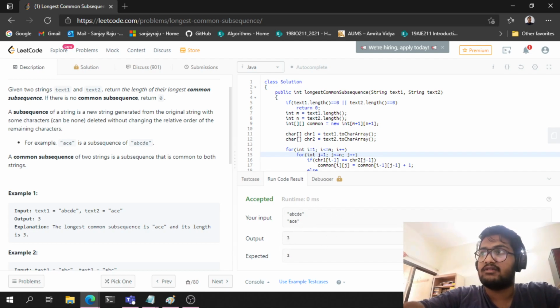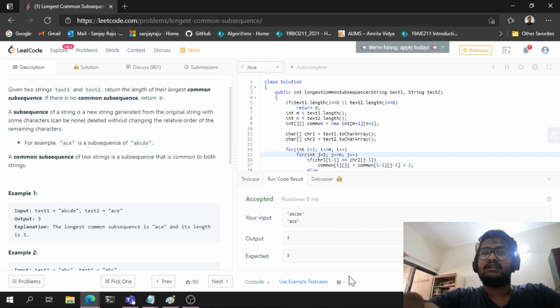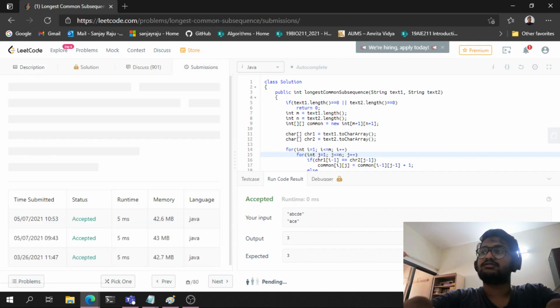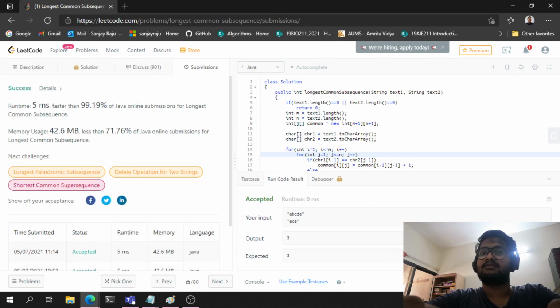So the inputs are ABCDE and ACE. In this, ACE is a subsequence of ABCDE, where the characters need not be contiguous, but the subsequence has to occur in the relative order of the first string, and the length of the subsequence, ACE, is 3, and the output is also 3. Let's submit it. It got accepted